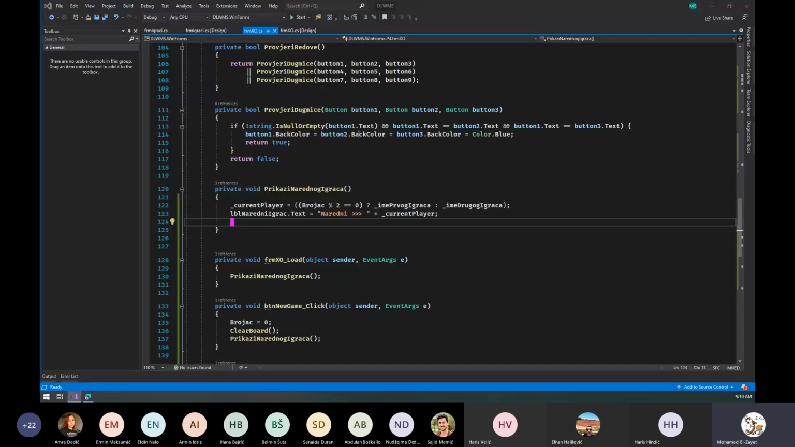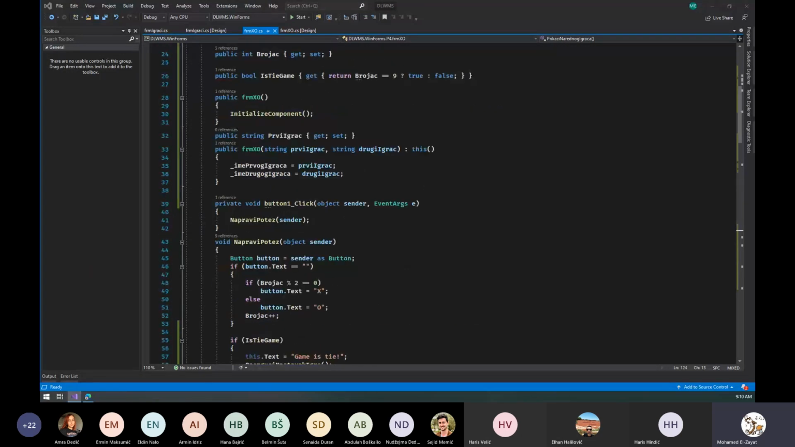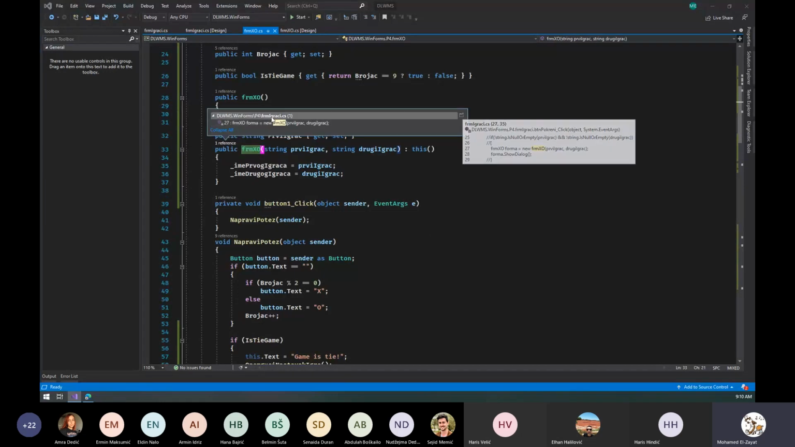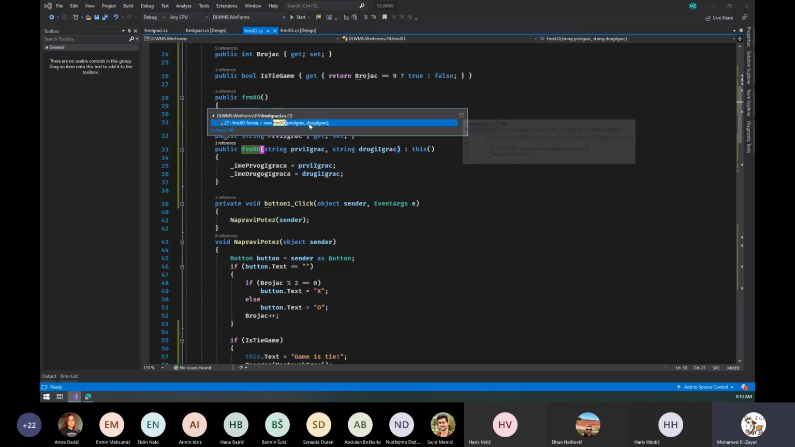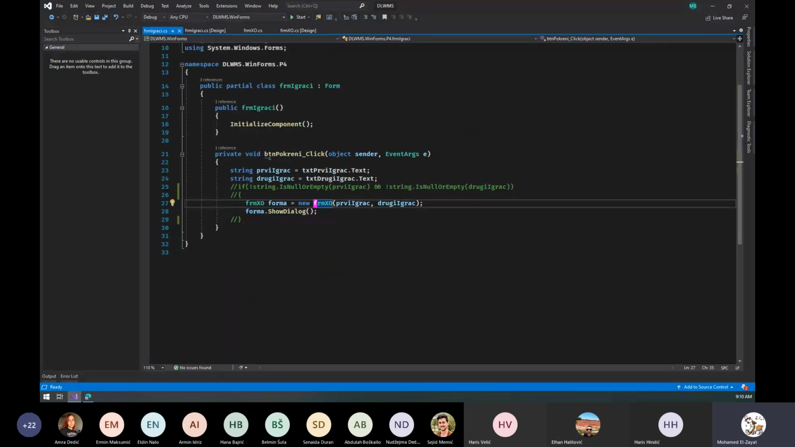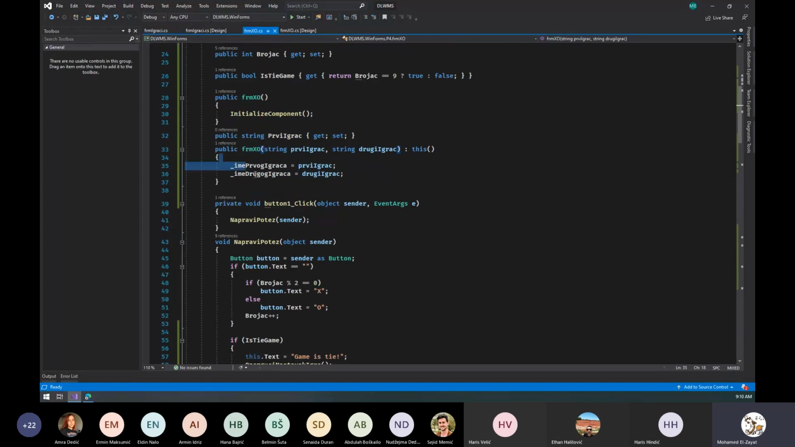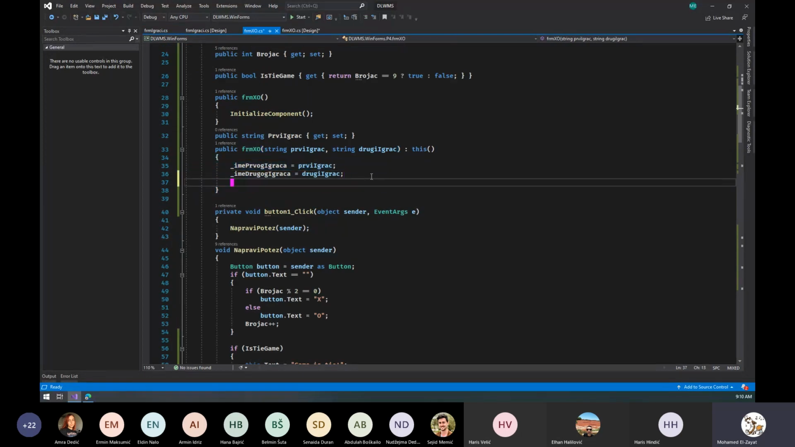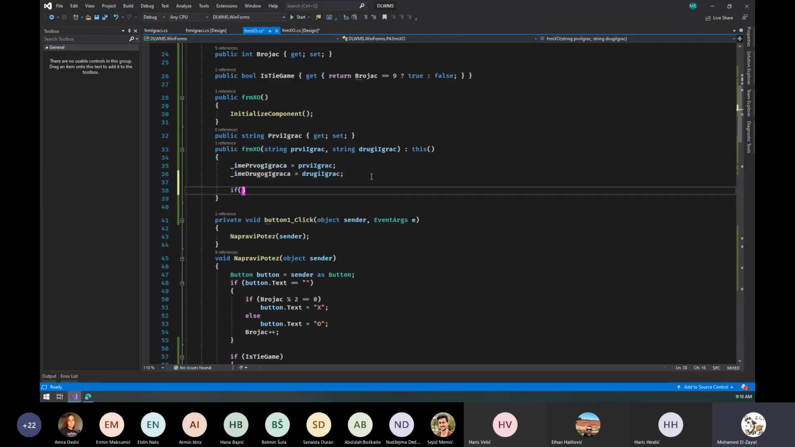Moving on. When we actually start the game, when this form gets constructed by the constructor, so when you call it from here, right? When this gets called, this bit gets called. And right here, I'm going to say if,